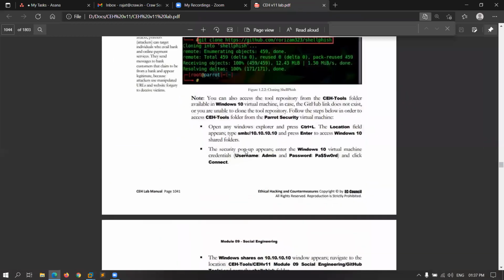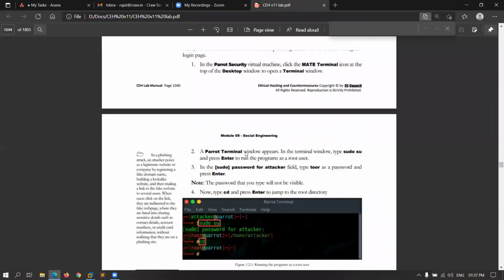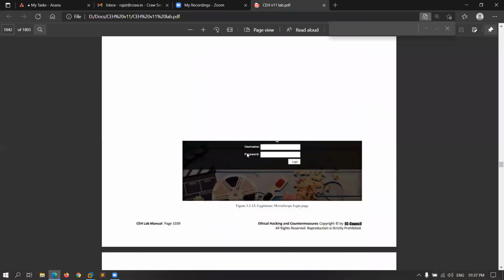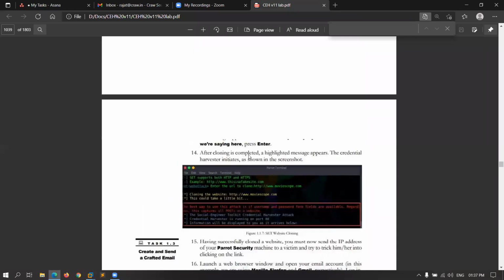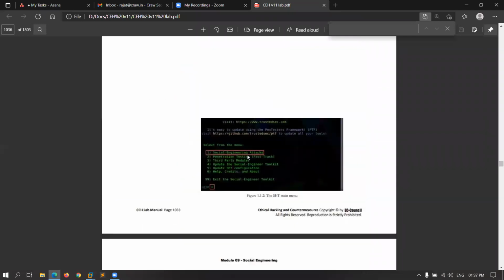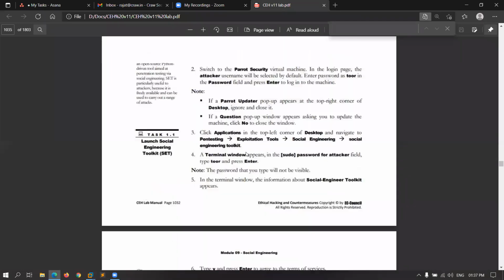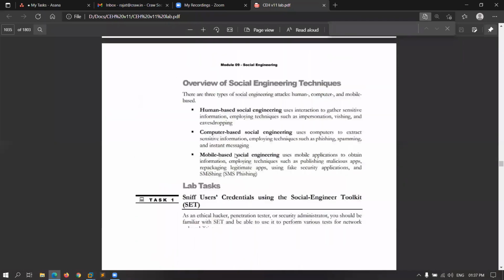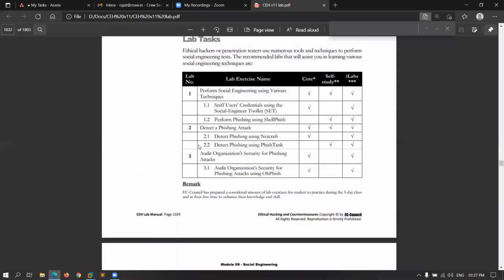तो यहाँ पे हमारे सोशल इंजीनियरिंग में जो प्रैक्टिकल हैं वो 2 प्रैक्टिकल दिए हुए हैं, ठीक है। So there are 2 practicals available. The first is social engineering toolkit and the second is selfish tool. And you can also detect the phishing attack by using the netcraft extension, and you can report a phishing link on a website which is fish tank. So these are the methods for doing social engineering.